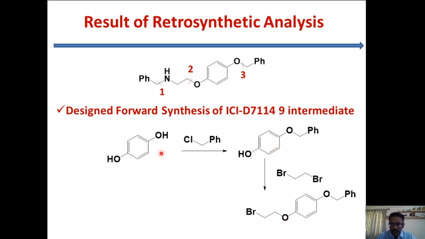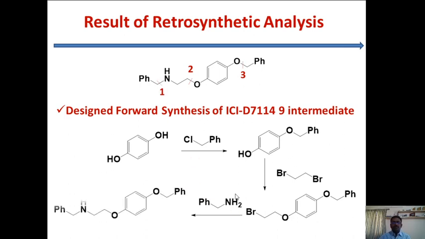So first the right side with benzyl bromide, then with the dibromoethylene, then as usual the third one, because we did that disconnection first, so this will be the last. It will be the reverse. You can see that this we did last, that's why this is first, this we did second, so it's the second, then the one we disconnected first over here is the last. So you will end up with this molecule, this is the target molecule.